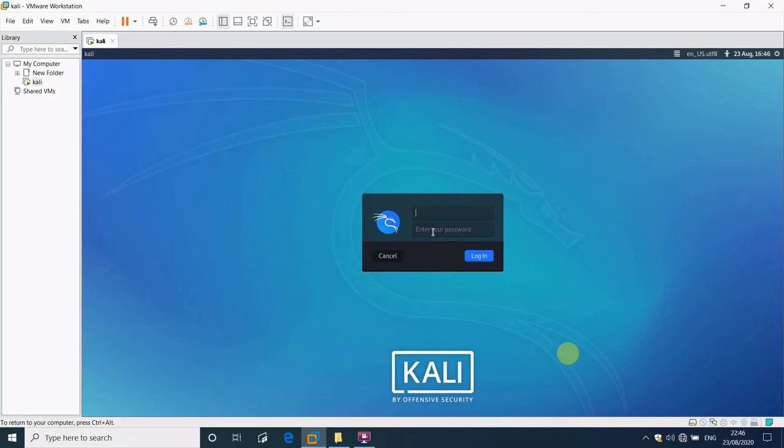It's now starting the graphical interface. And now that our Kali has finished rebooting,